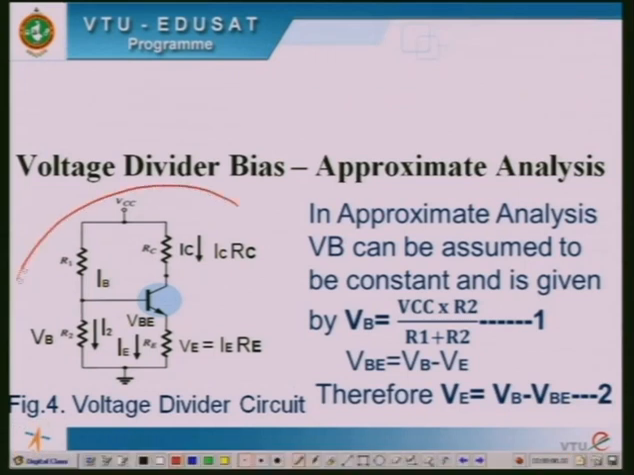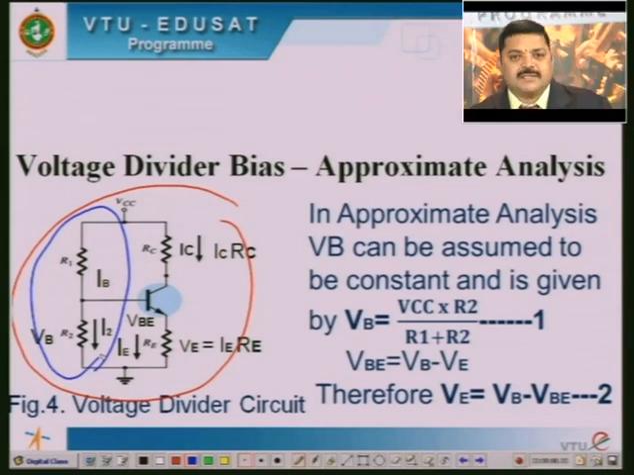So, this is a voltage divider bias circuit, wherein this acts as a voltage divider network. The base is connected by the voltage divider network, therefore it is called voltage divider biasing. For approximate analysis, we will be assuming that IC is approximately equal to IE, right. So, in the approximate analysis,